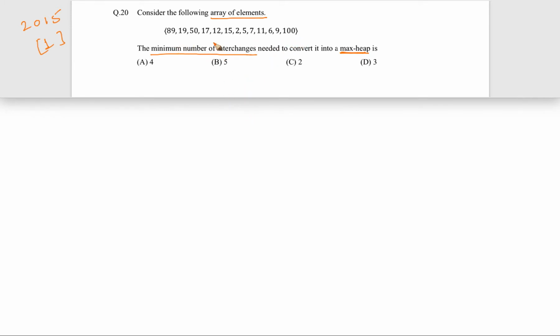Let's see. In an array representation, we will simply start level by level. That is how the representation in an array is done. So 89 is done, and after that 19 and 50 will be the elements in the second row. After that 17, 12, 15, 2. So these are the 4 elements: 17, 12, 15 and 2.